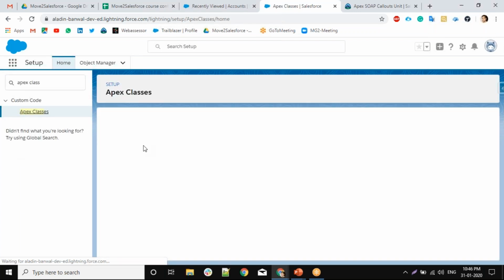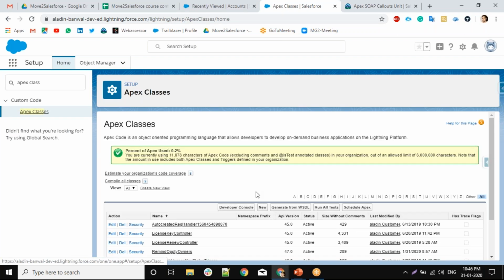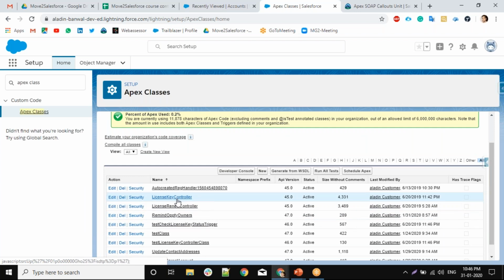Whatever data you want to share with external resources, or whatever action or access you want to give them, say this account license key controller, you just need to create an Apex class, and from that Apex class you can generate the WSDL.